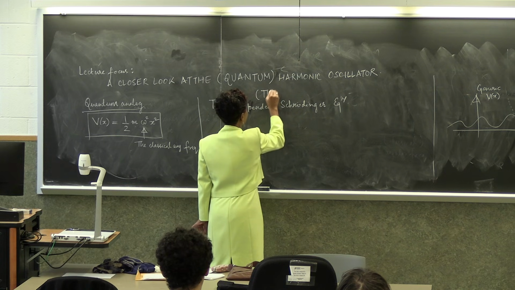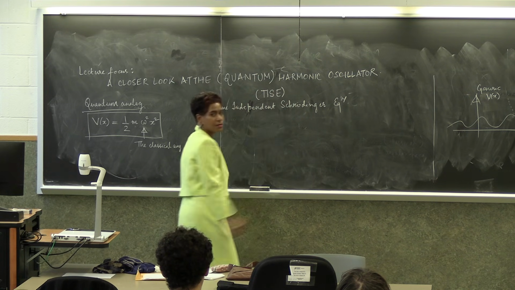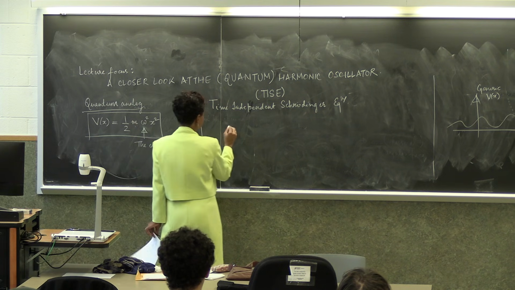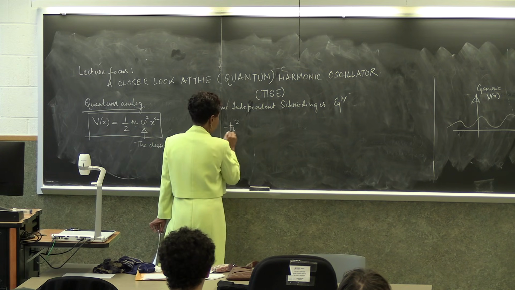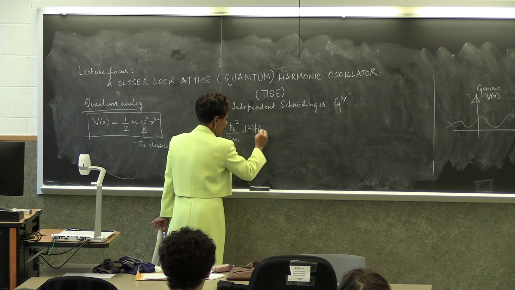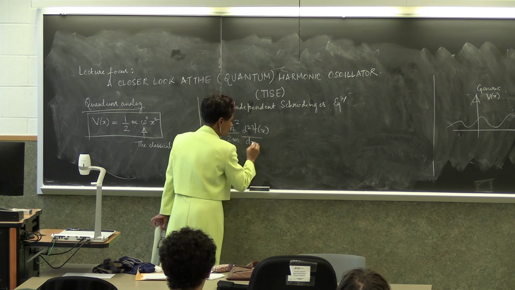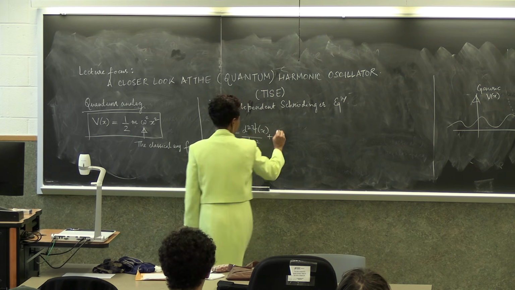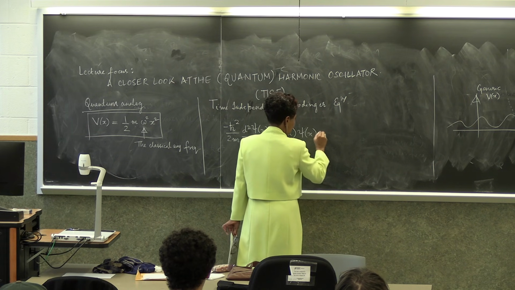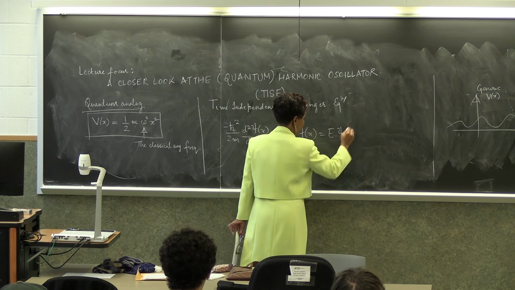So going forward, I am just going to write this. Okay? The time-independent Schrödinger equation is minus h bar squared by 2m d2 small psi dx2 plus V of x small psi of x equals E times psi of x,